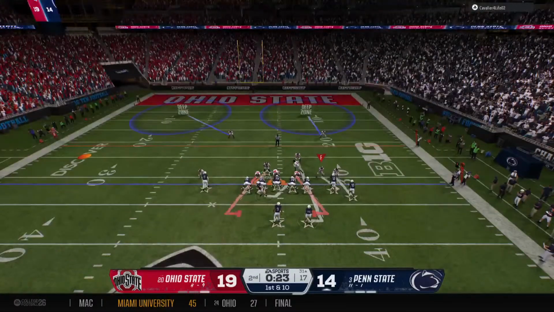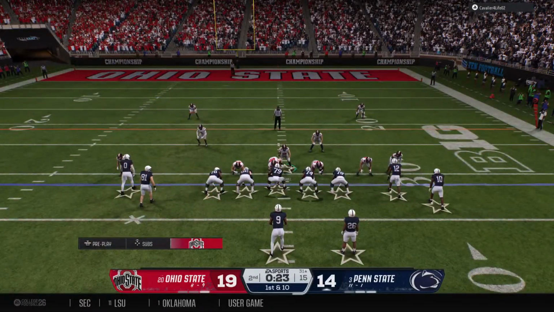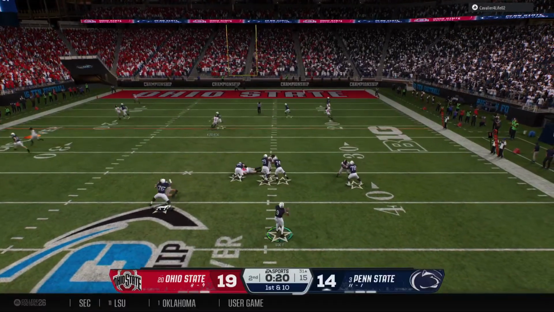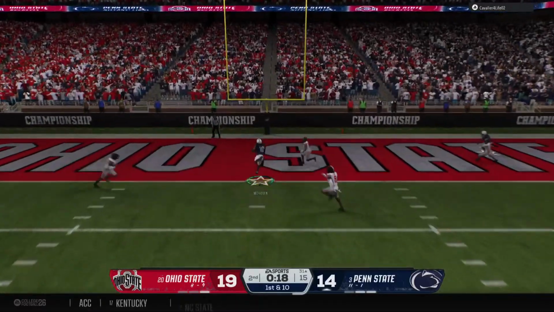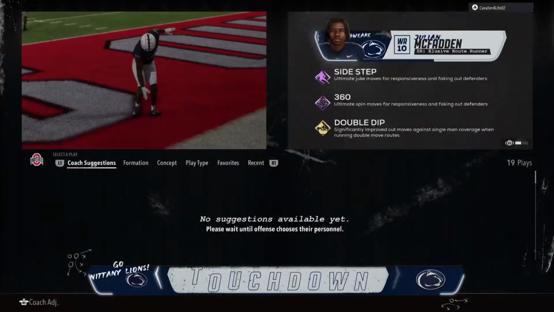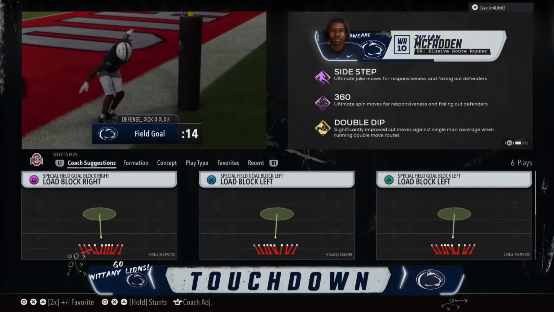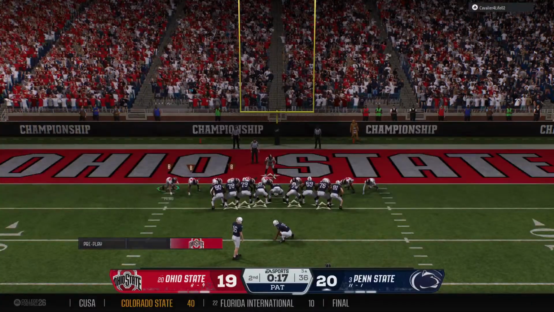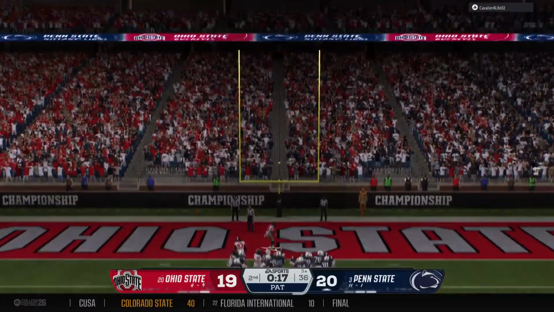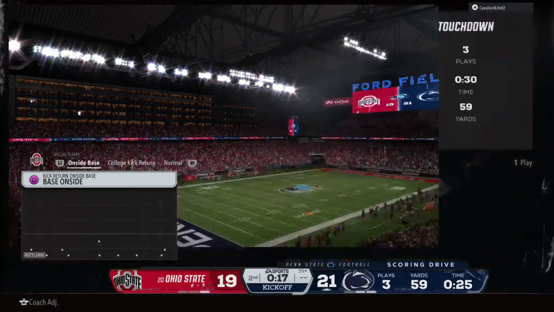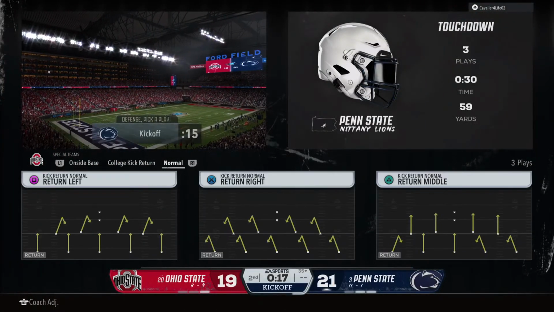The offense with some pre-snap eye candy. 1st down, looking to throw the football. And they heave it deep downfield. He makes the grab in the end zone. Great effort on this post pattern, a thing of beauty. Great throw by the quarterback coming off that back foot, and the receiver could not have run a better route.